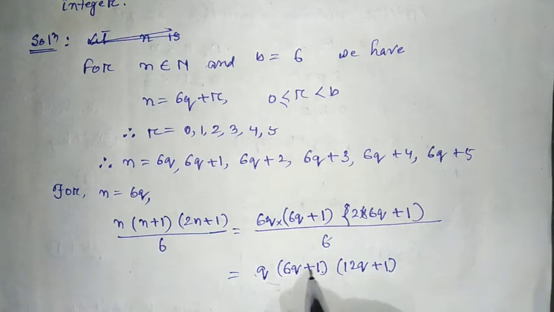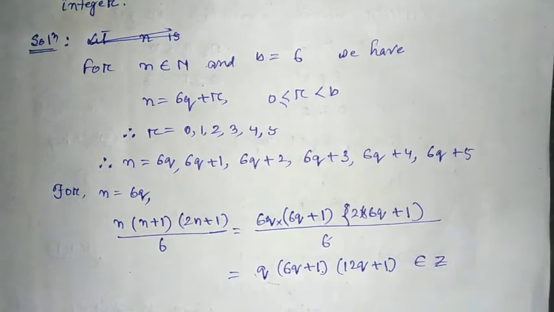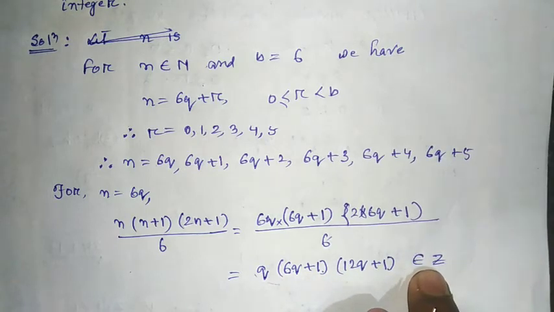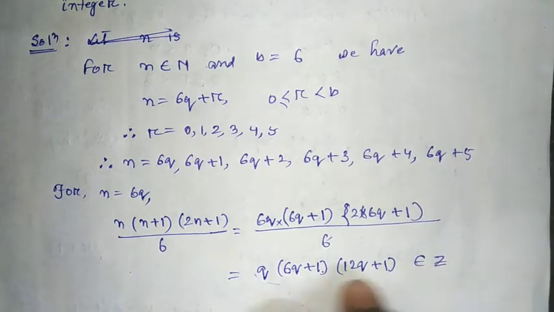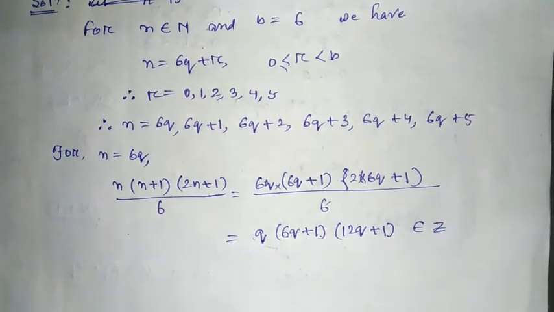Why? Because the sum of two integers is an integer, and the product of two integers is an integer. So here sum and products are there, so this is an integer, so we can write that it belongs to Z. No need to write that this is an integer, you will write like that, which belongs to Z. That means this is an integer. So for the value of n equal to 6q plus 1,